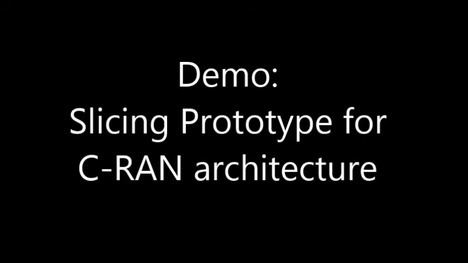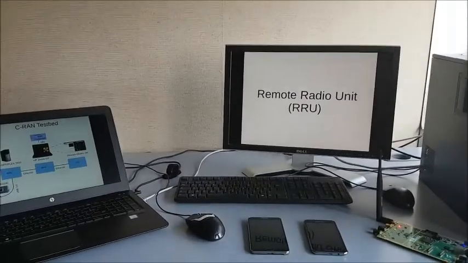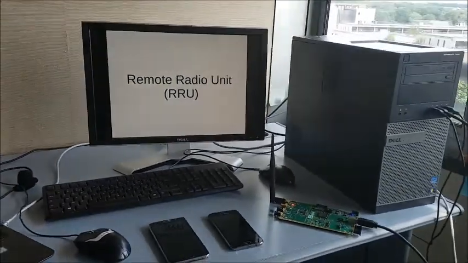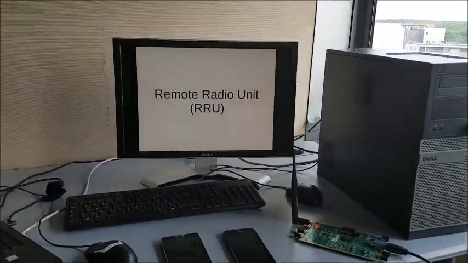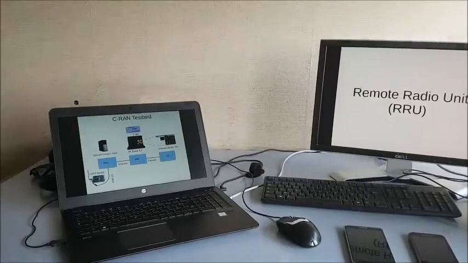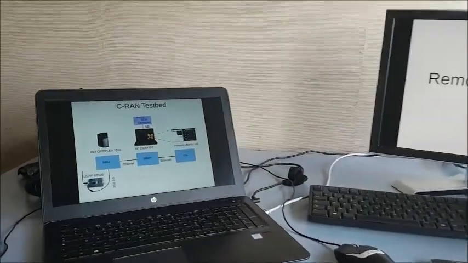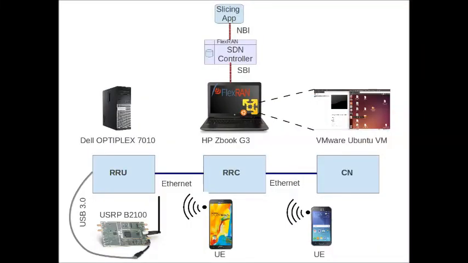Hello, in this video we present a demo of a network slicing prototype that has been developed on top of a Cloud RAN architecture provided by OpenAirInterface. The main components of our prototype are depicted in this figure. We have a remote radio unit, a remote cloud unit, and a core network that is implemented in a virtual machine. The last component of our prototype is an SDN controller that is based on the software provided by